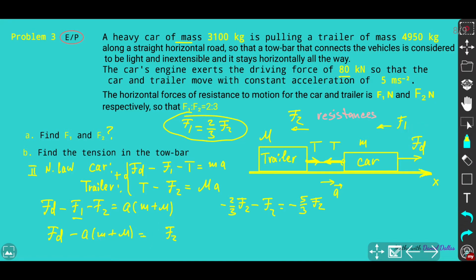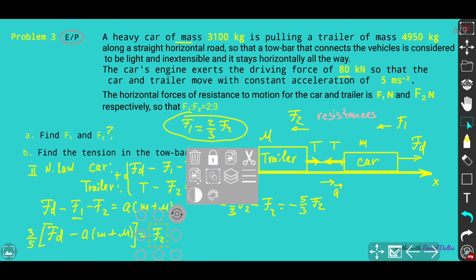We've got 5 over 3, so it would be inversely 3 over 5 of this whole expression. And that's going to be the resultant value for F2. Okay, so we've got that. This is F2. Of course, I'm not going to express F1 in this awful way, and I just simply